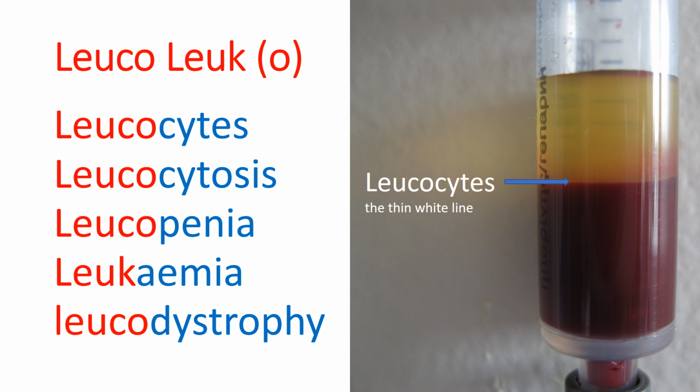Now, leukemia means literally white blood. And in leukemia, there is a malignant proliferation of the leukocytes. So when we look at a leukemic field, there are a lot more white blood cells than we would expect. Therefore, we call it relatively white blood leukemia, although when you look at the blood, it still looks red, but that's what we call it. Leukodystrophy means degeneration of the white matter of the brain. Not directly related to the blood again, but it's an illustration of the word leuko.